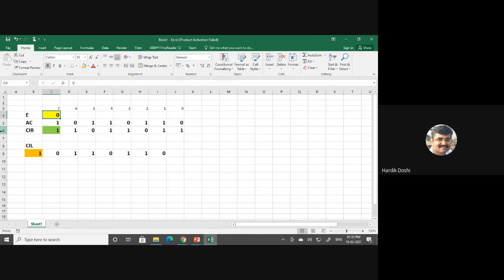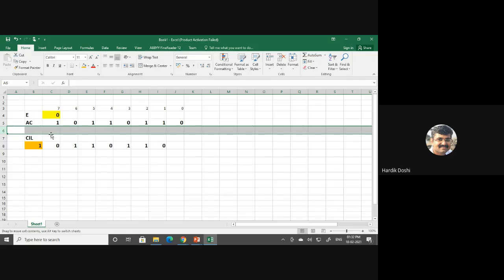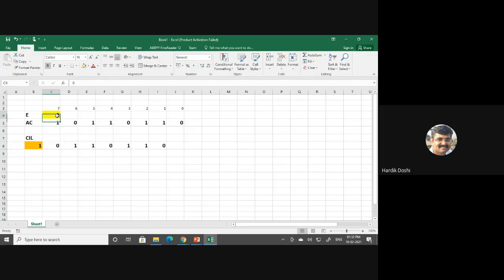Okay, let me remove this. Just a minute. Let me remove this CIR. Okay, now you say. What about this now? How will this occur? Can I say shift left? That means this bit will be moving to this position, and this E flip-flop content will be moving to the last position. So can I write